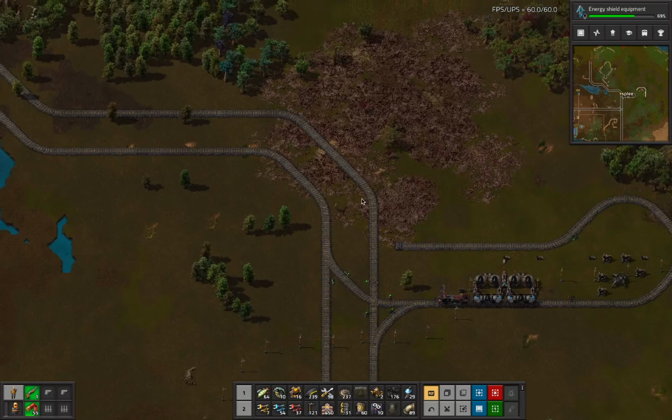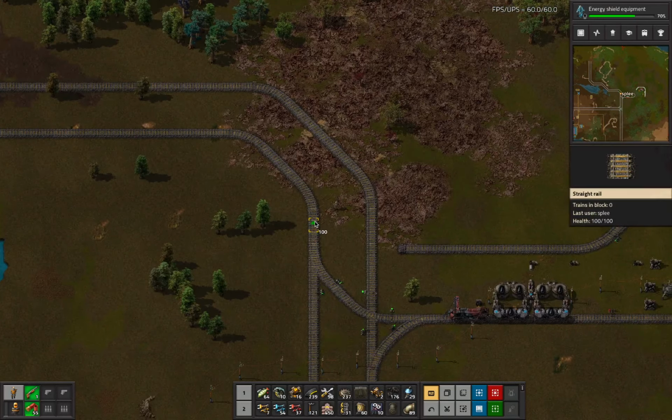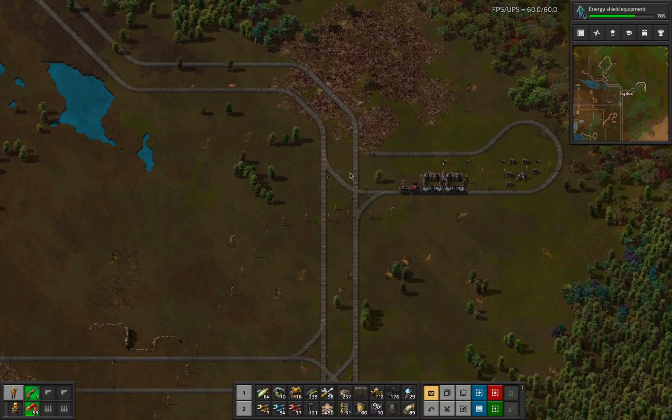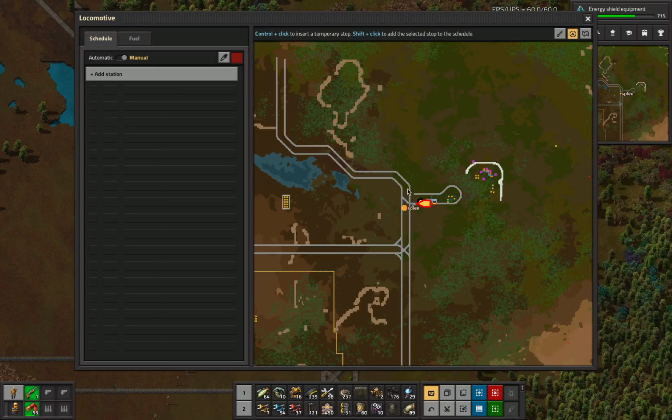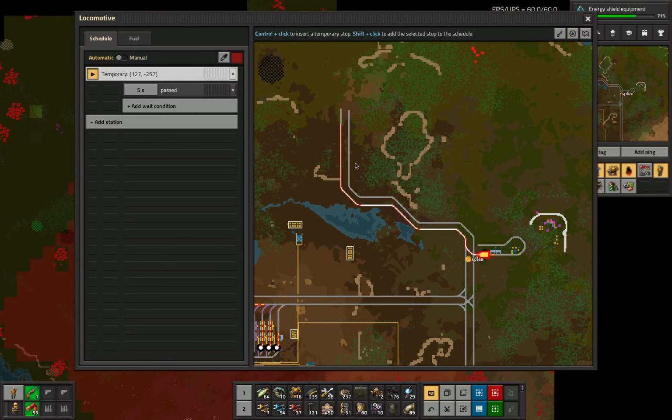Yeah, and then, because the other concern is having two intersections close to each other can give you deadlocks if there isn't enough space. This train wants to just get out of the way for the moment, because that means that I can put another train here, have some fuel,